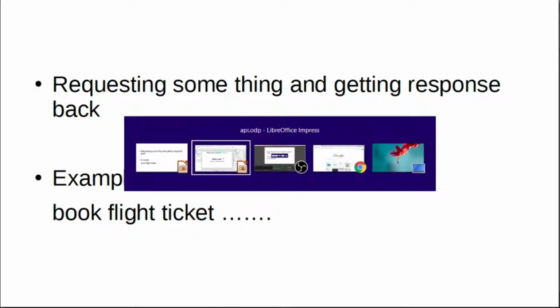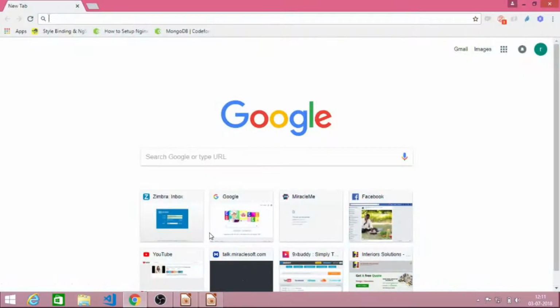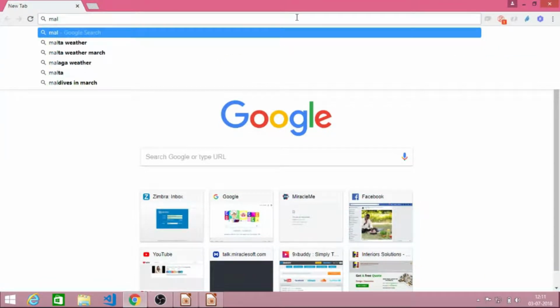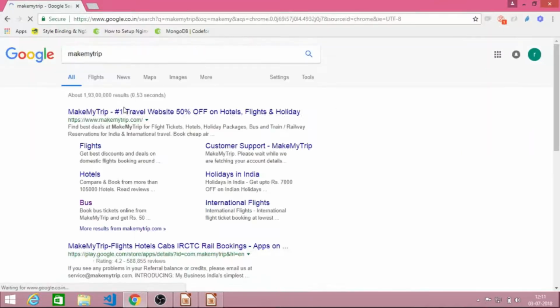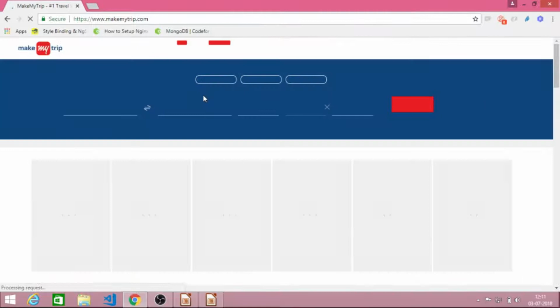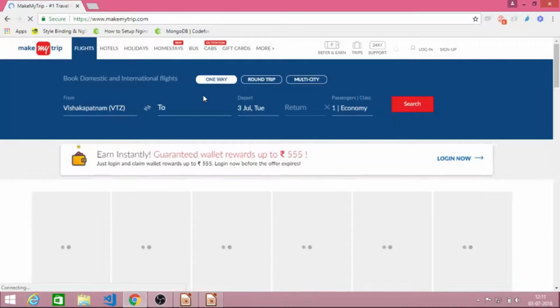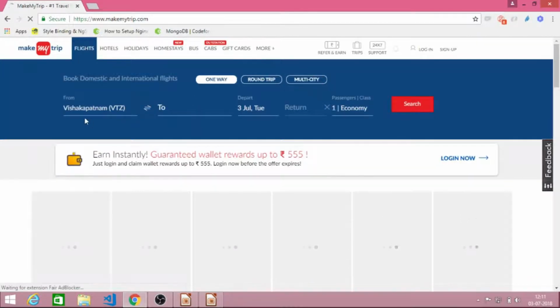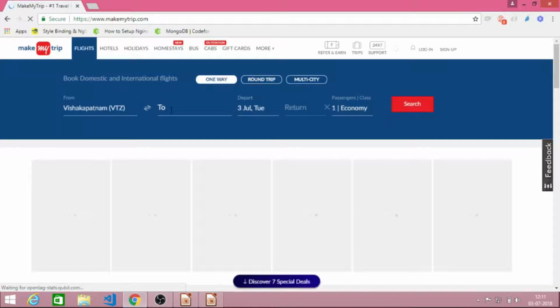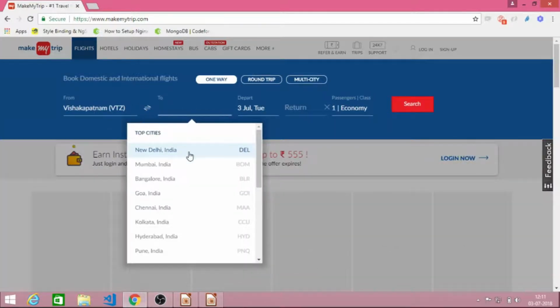We go to MakeMyTrip. So I'm in Vizag, and I want to go from Vizag to Delhi.